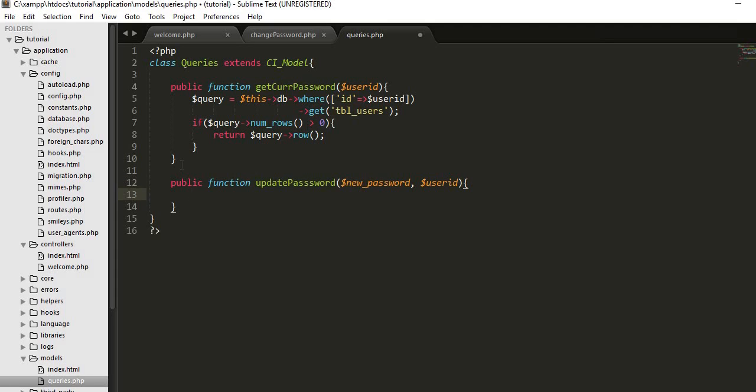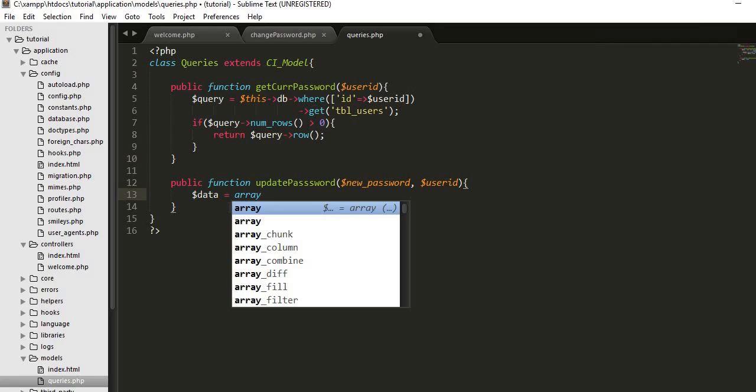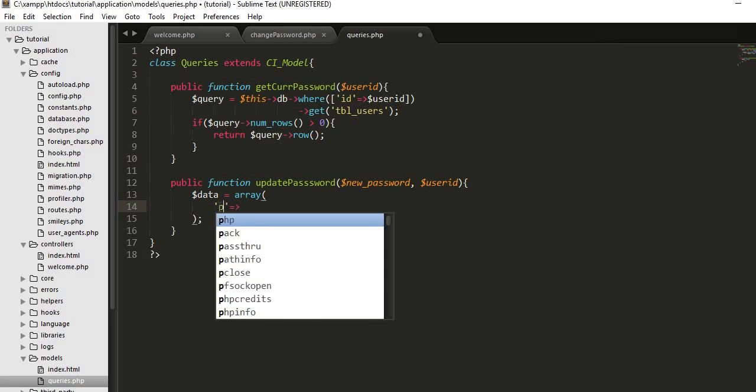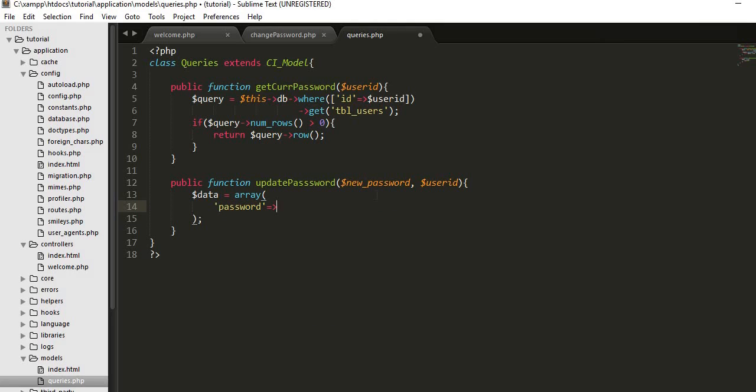Okay, here to take a variable as data, let's make an array, and password equals to, we need to pass this password here. Okay, and